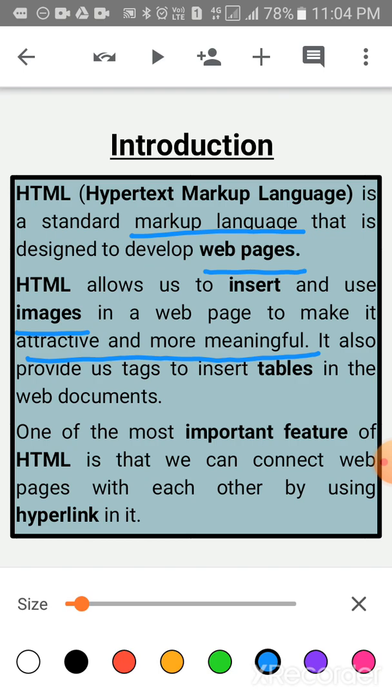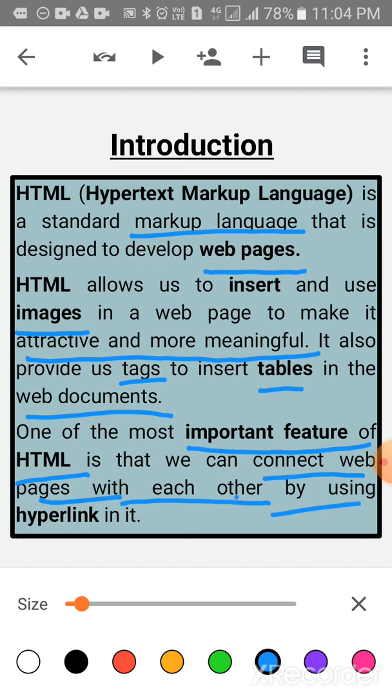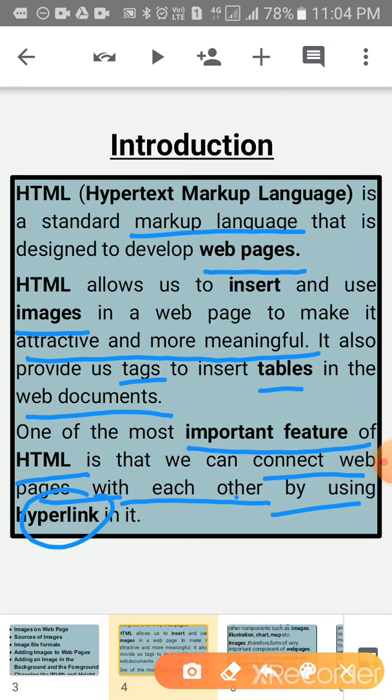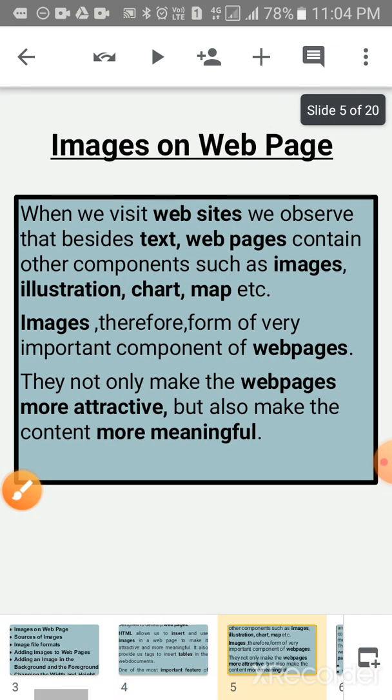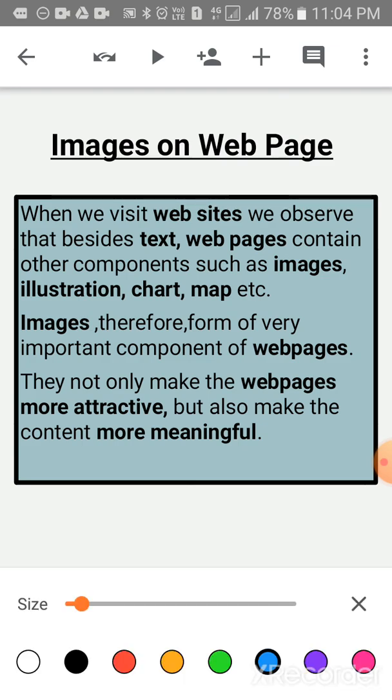It also provides us tags to insert tables in the web documents. One of the most important features of HTML is that we can connect web pages with each other by using hyperlinks. Okay, clear? Now children, come to the images on web page.